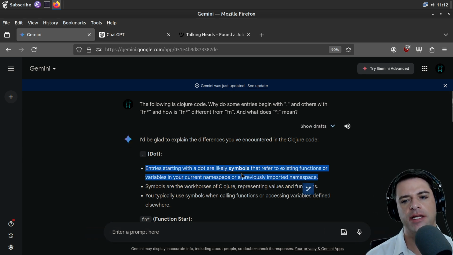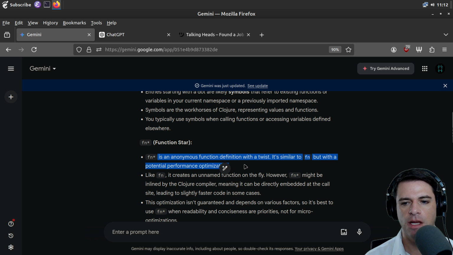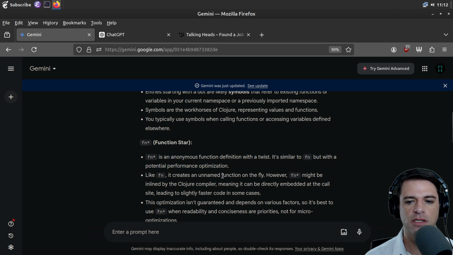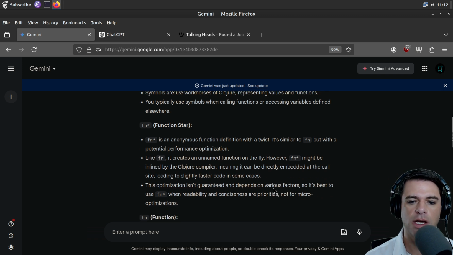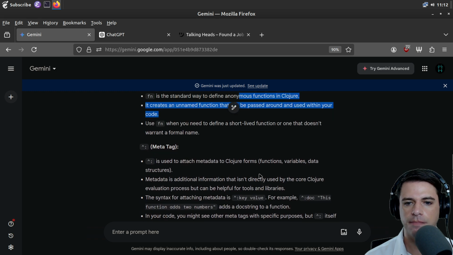Entries starting with a dot are likely symbols that refer to existing functions or variables in your current namespace. Okay. Fn star is an anonymous function definition with a twist. So it's essentially a lambda. It's similar to fn, but with potential performance optimization. Like fn, it creates an unnamed function on the fly. However, fn star might be inlined by the Clojure compiler. Okay, so it might be inlined. Fn is a standard way to define an anonymous function. And this smiley face thing is meta tag, used to attach metadata to Clojure forms.